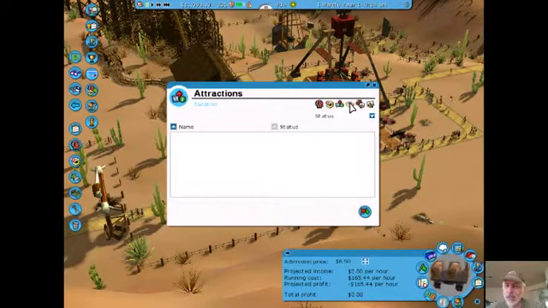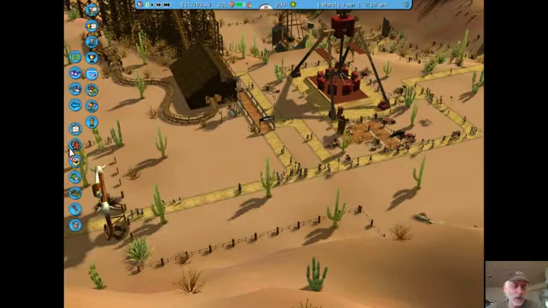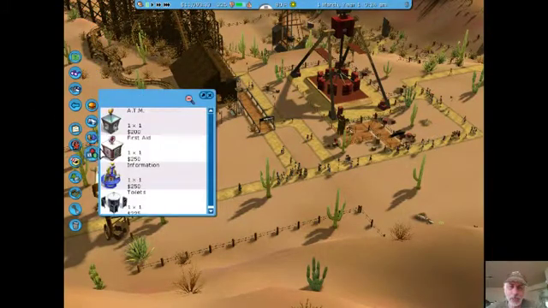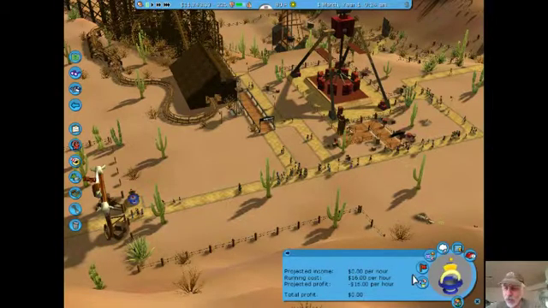We have nothing as for bathrooms, ATMs, or info booths. So let's get an info booth right out of the get-go. We can see right here, we're going to want it to go this way, and that is the way the arrow is going. But actually, let's have it go this way. So ZZ, there's our little arrow. Let's put it right there, and we'll pop that puppy open